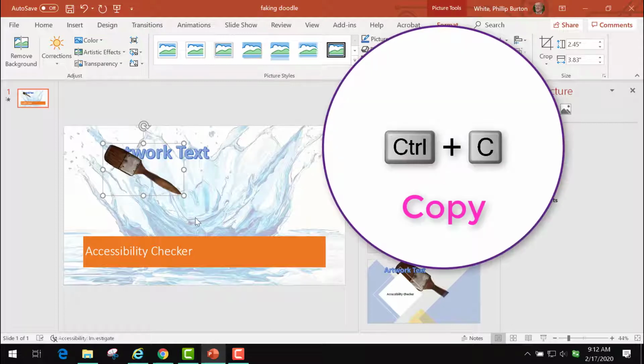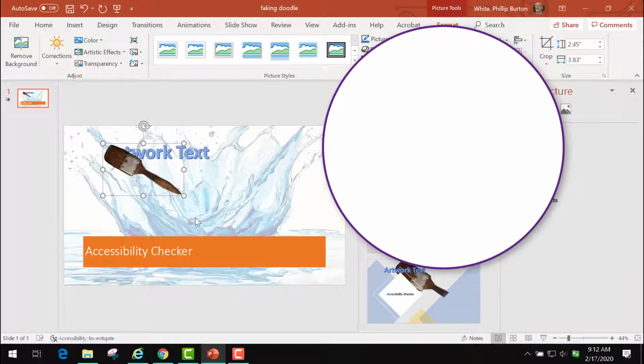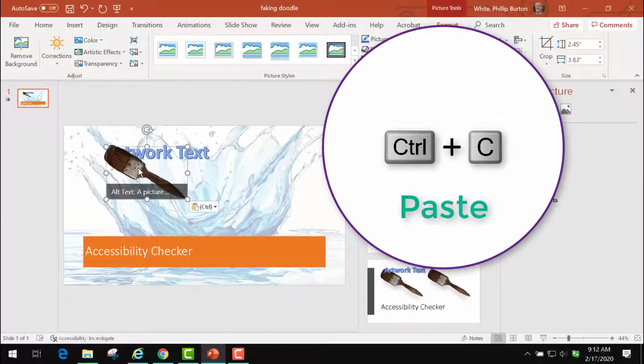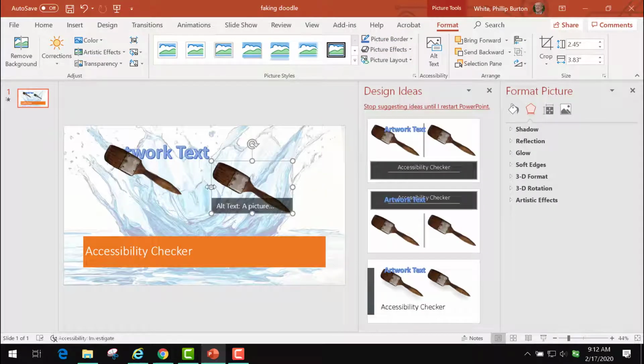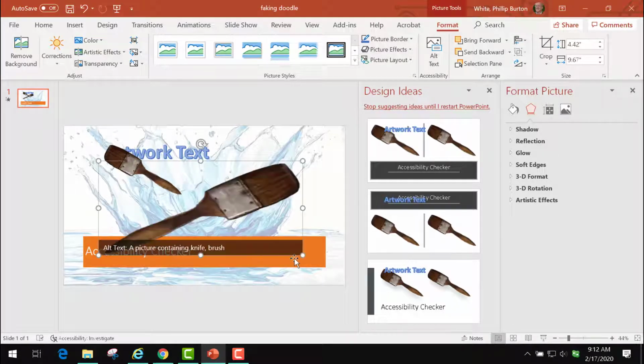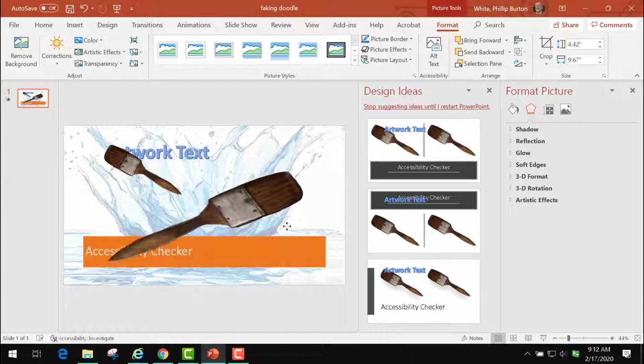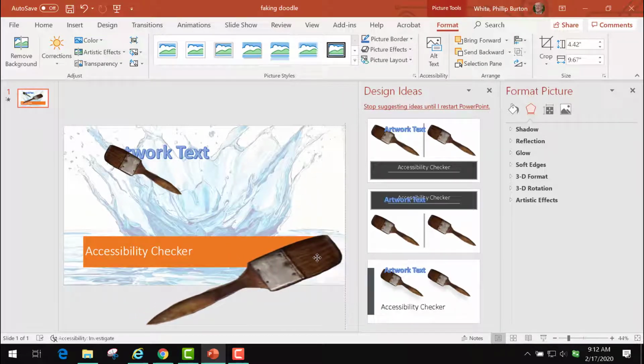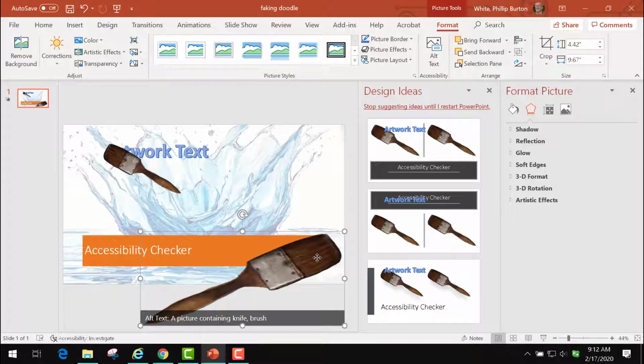Then you use Control C, then Control V, paste in the same paintbrush, but then reverse it by pulling on the center knob here, pulling it over and dragging it down till it's large enough to cover this orange piece and setting it right there. Okay, now that we have the position of the artwork, we'll close out these panels,